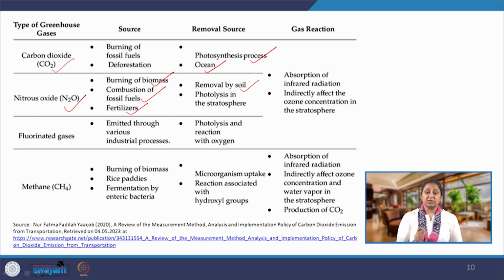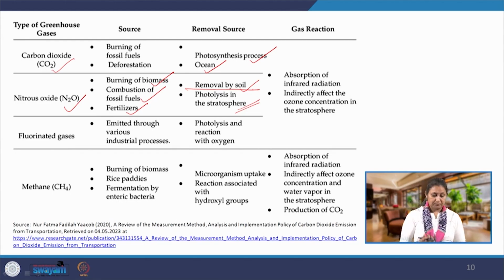Also, photolysis in the stratosphere is one source for removing nitrous oxide, but we do not have much control over this. But we surely can have control over this part, where we can promote sustainable agriculture, and we can also promote planting of more and more forests, which will help in fixing the nitrogen, taking it out from